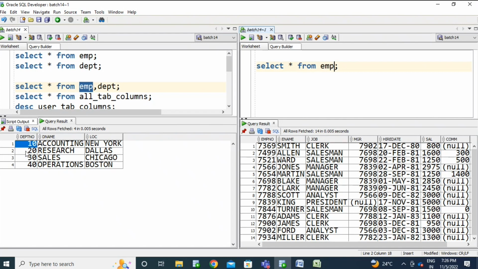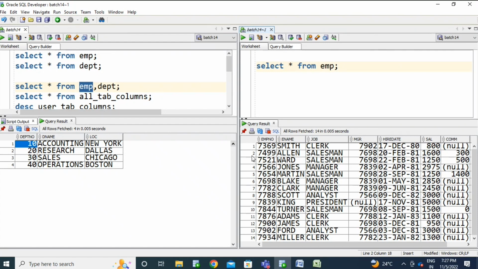So for this one record, I will get 14. And for the second record, I will get another 14 records. 14 plus 14, 28. And if I go with 13, for these two also we'll get 28. 28 plus 28, 56 records. You are trying to get all the values.